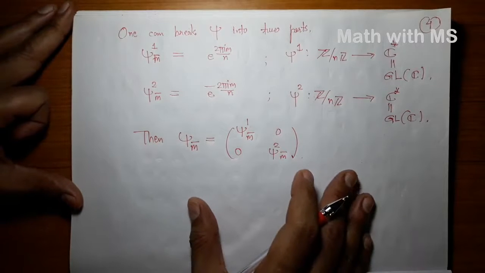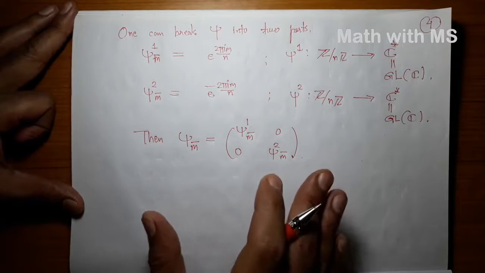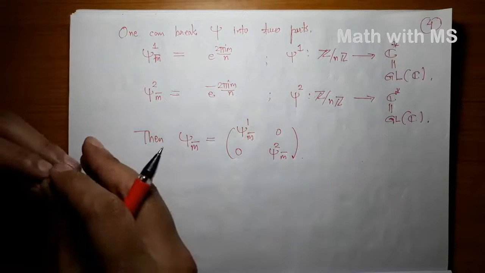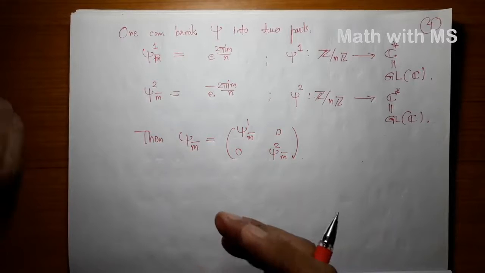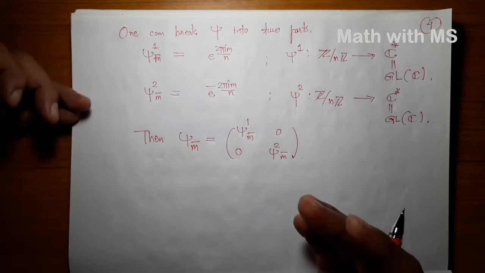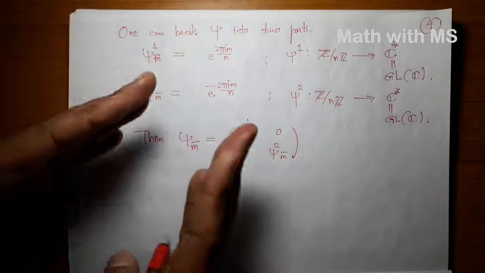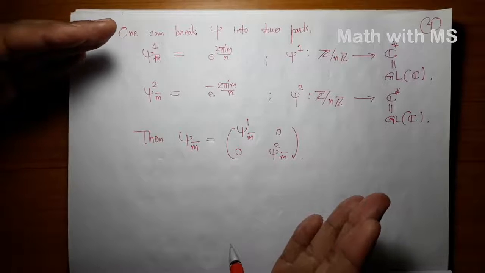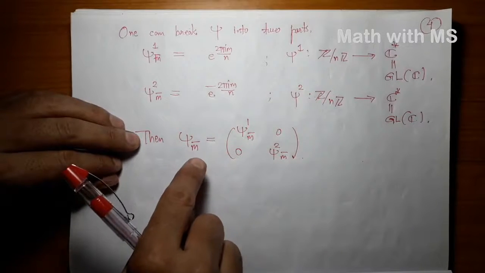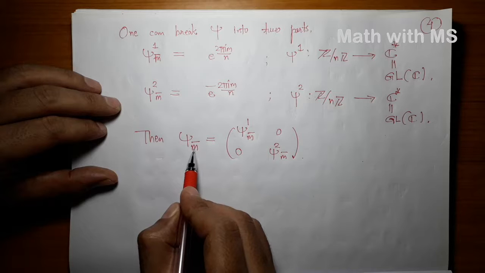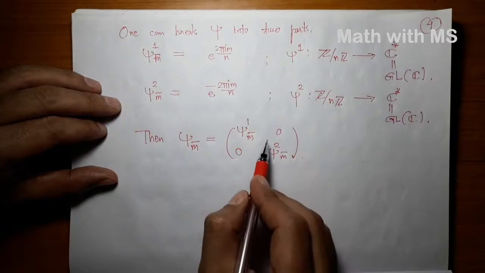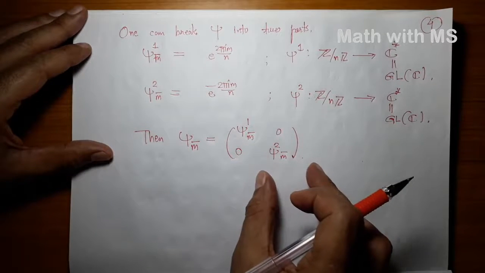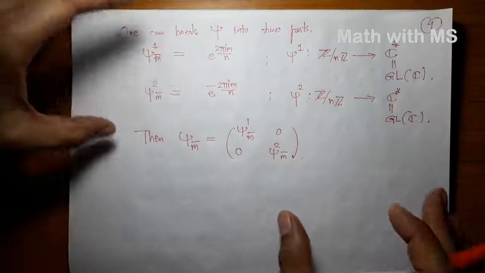So this is what we really desire to do for an arbitrary representation of a group. Given a representation of a group into GL_n(C) for some n, we want to be able to decompose it as a sum of sub-representations. Or in terms of matrices, we want to be able to write the matrix at each group element as a block matrix. This is what is called the sub-representation decomposition of the given representation.